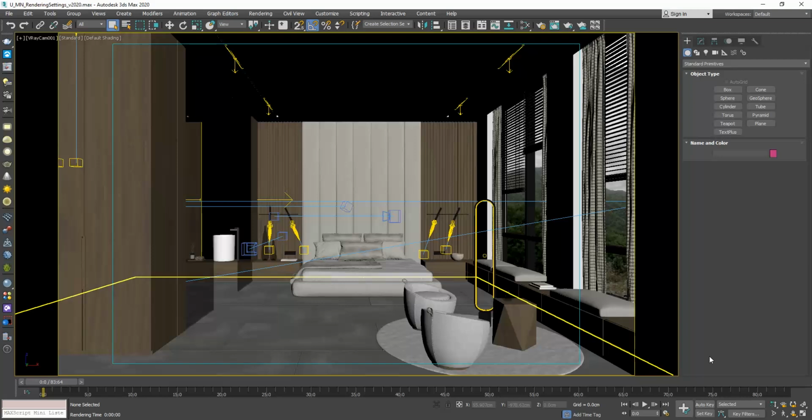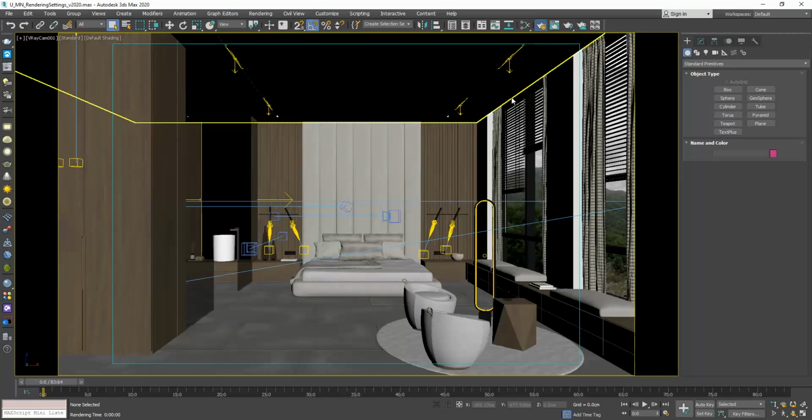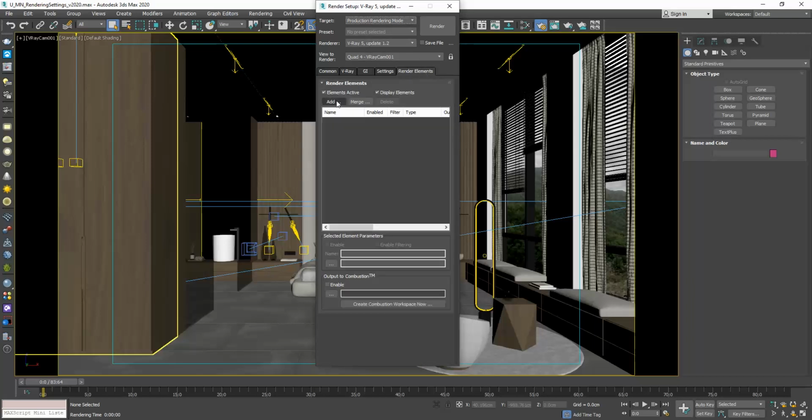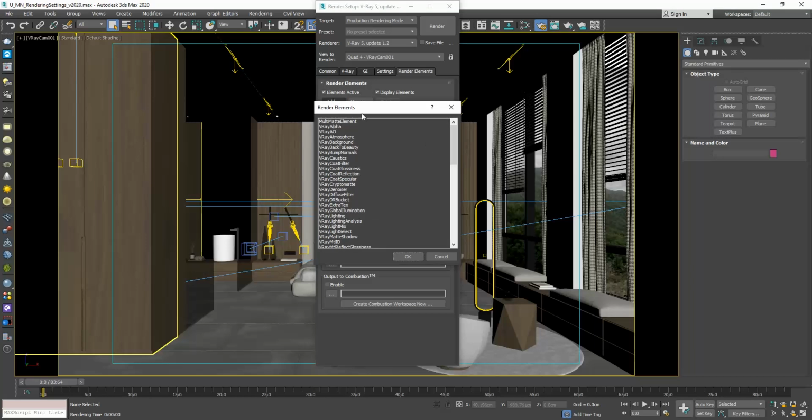To do that, open your project, go to the Render Setup dialog box and to the Render Elements tab. Click on the Add button and here is a list of all the render elements we can add. My suggestion is to always add the V-Ray denoiser, the V-Ray light mix and the V-Ray wire color. Apart from these three, the ones I personally use are the following: V-Ray Extra Text, V-Ray Raw Refraction, V-Ray Raw Lighting, and V-Ray Raw Shadows.